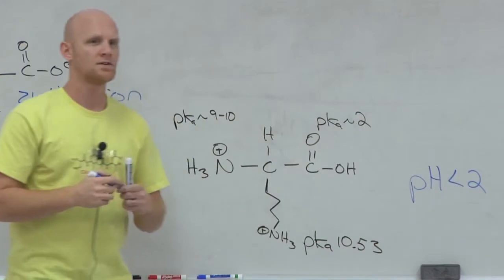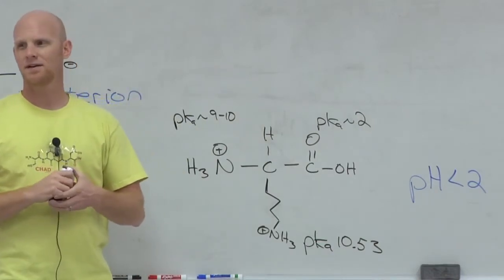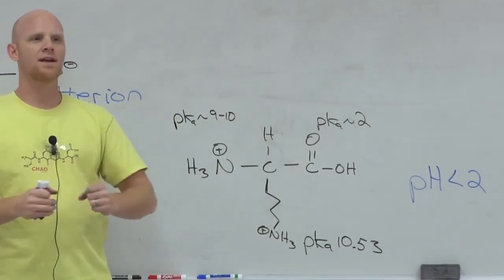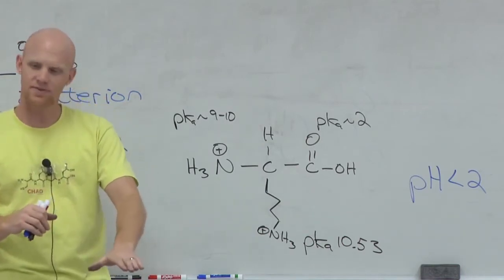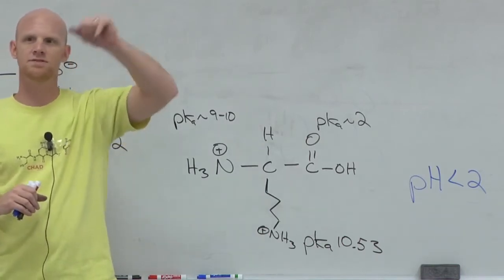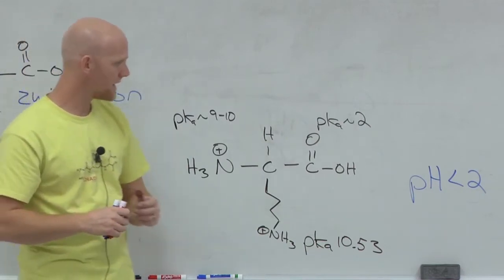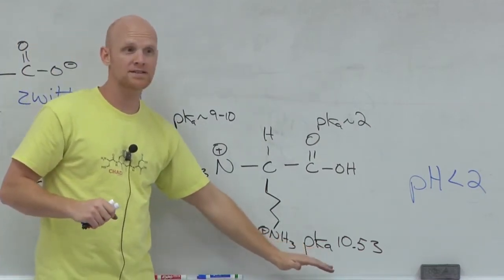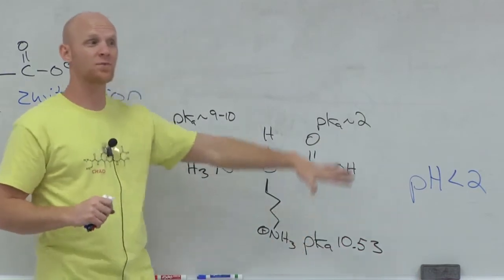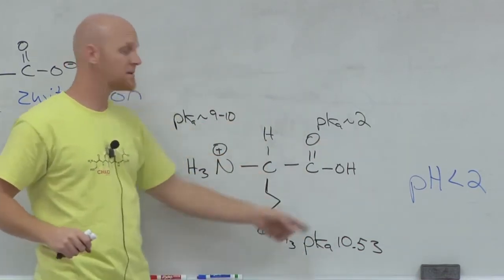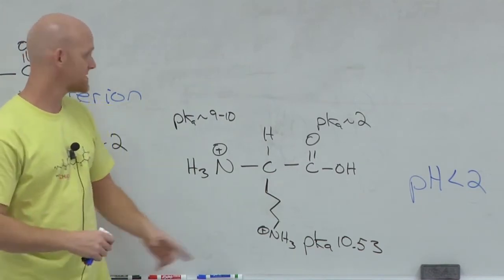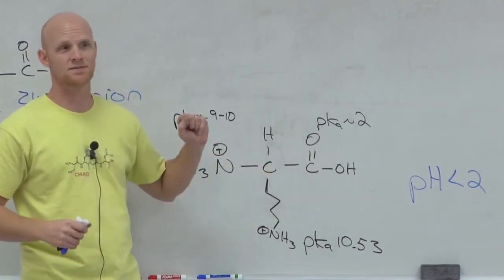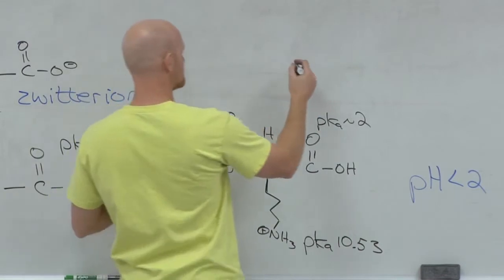So I started out at pH 0, let's say, and I just incrementally started adding to a big solution, drop by drop, sodium hydroxide, just very gradually bringing the pH of the solution up. At what point, as the pH starts at 0, at what point as it rises is the predominant form going to first change? 2. Once I cross 2, it switches. And so the next form we'd see